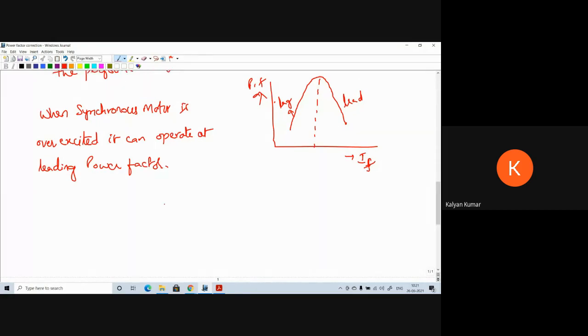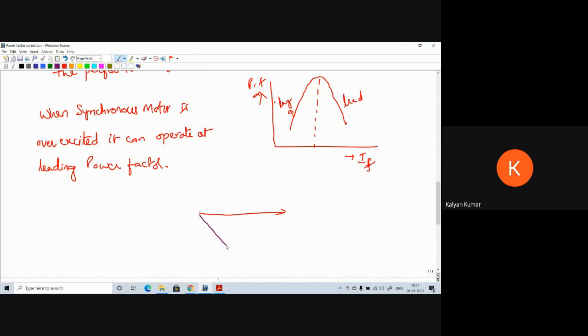Therefore, we are utilizing this property of the synchronous motor to improve the power factor of the load or power system. So, if you take the voltage as this one, and for a lagging power factor load,